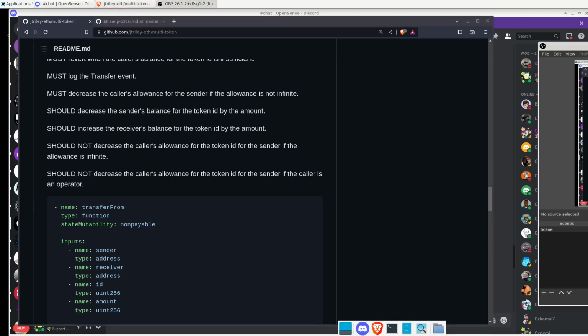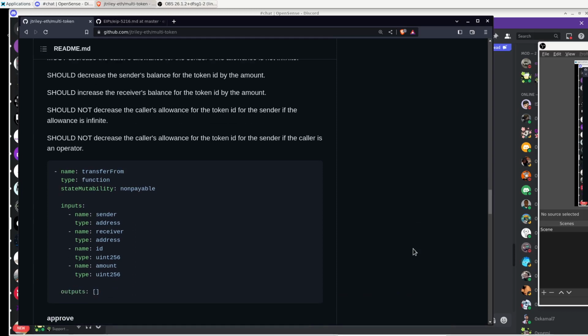What is the benefit of having an operator? Well, the benefit of having the operator is the same as with 1155. You basically just give full and total permission to the operator to transfer any tokens on your behalf. So if you're giving them full permission anyway, then you shouldn't decrease the allowance. Now, I did explicitly say should not, because maybe somebody has a preference where they want the allowance to decrease despite whether they're an operator or not, right? They're two independent authentication schemes, but it's just a matter of deciding which one takes precedence.